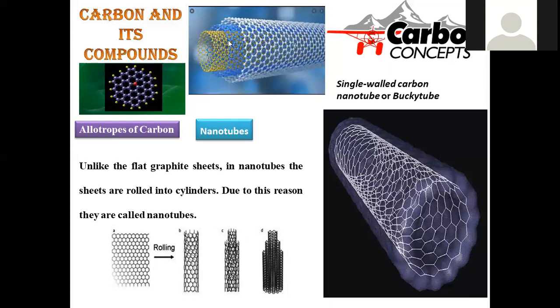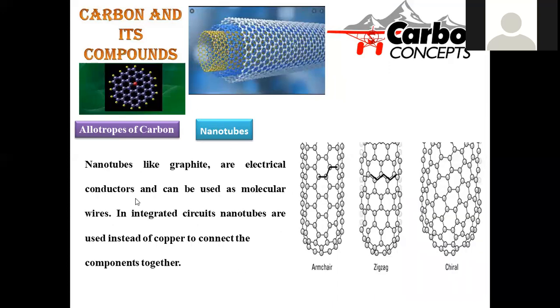Here you can observe this multi-walled carbon nanotube. So whether multi-walled, single-walled or double-walled depends upon the area of application where we are applying. Different kinds of research are going on to explore the applications of these carbon nanotubes. They may be single-walled, multi-walled, double-walled. All these are possible by rolling these hexagonal sheets into such a cylindrical one.